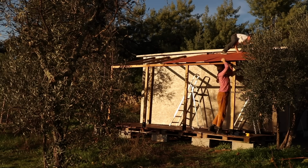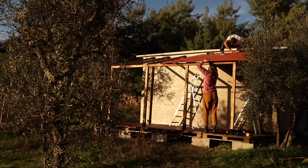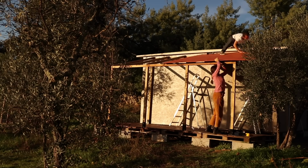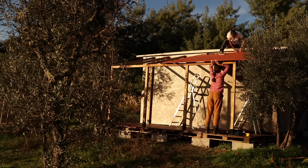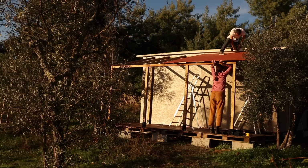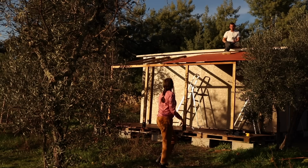Nice. Okay, now what we need to do is you need to go up and to your left. See your corner? This way. Yeah, that needs to go flush. Okay, that's pretty good. Now we need another up. Okay. Whatever you do, don't stand on this edge. Okay, hold there. Now in theory, you should be able to let go. We are on one screw, which isn't ideal, but...